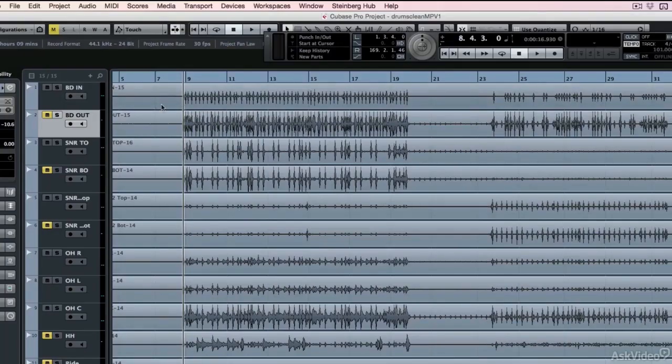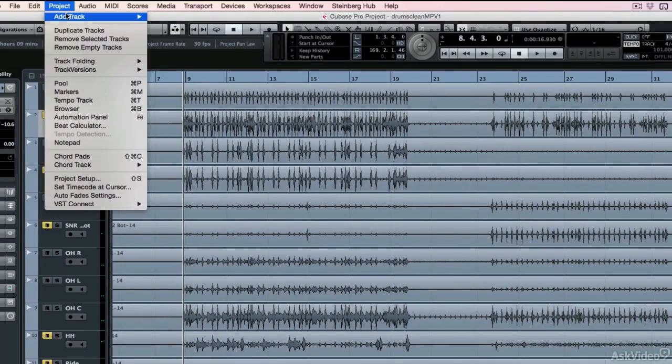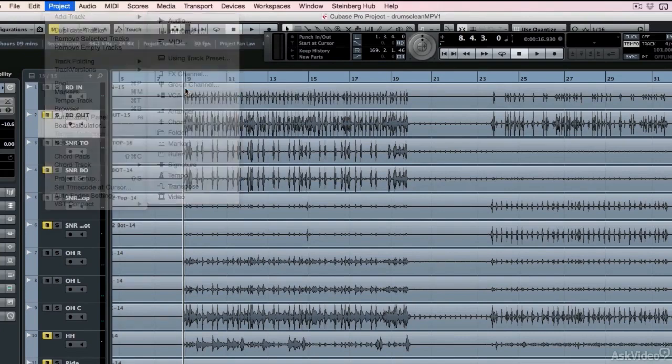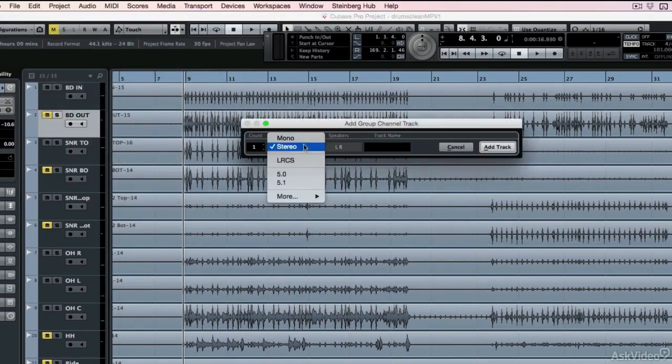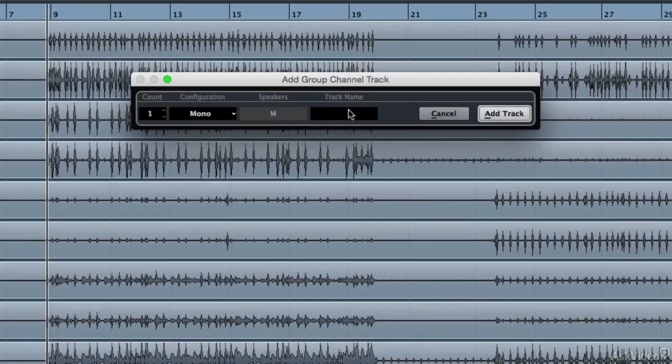So what I'm going to do is I'm going to go and create another group track, and I'm going to configure it into mono. I'm doing it in mono because usually bass drums and snares, and that's just a generalization, but in many of the cases, they're going to be mixed in mono, in the center. There are different cases where an engineer will try something different, but usually that is the case. So I'm going to create this kick group,